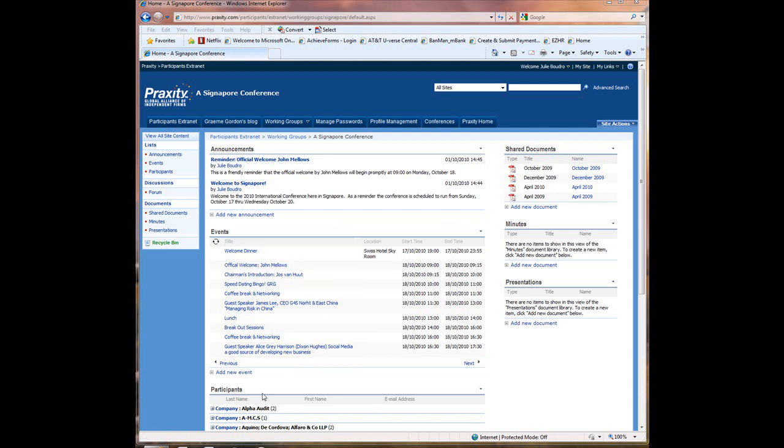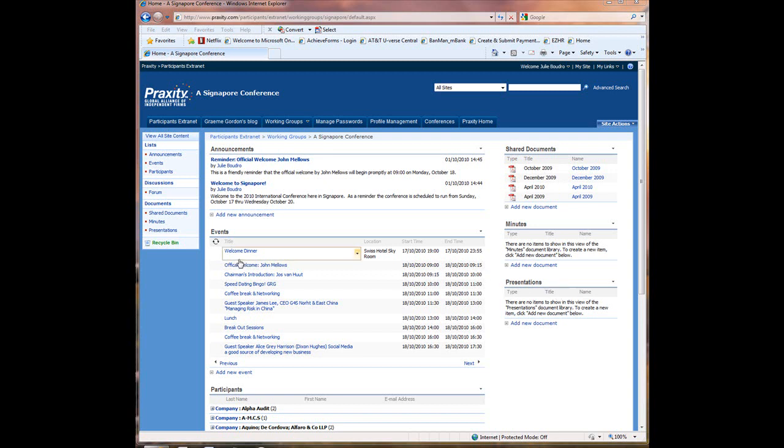We have a participants contacts list, but most importantly for this session, we have 3 separate distinct document libraries down the right-hand side. A document library is a container for files such as PDF, Word, Excel, and PowerPoint. In this session, we're going to just simply go through the steps to upload a new document to a document